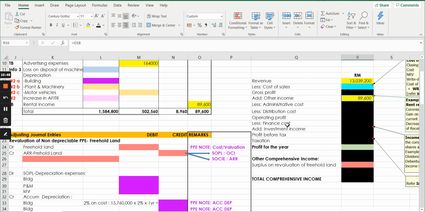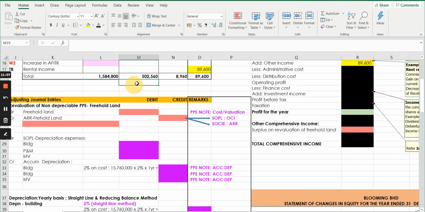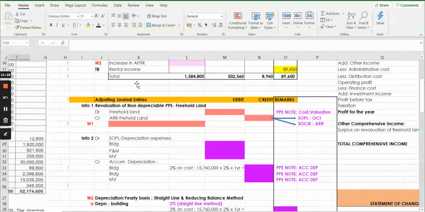And this will normally need you to do adjustment, like admin expenses as well. There will be adjustment to that, right? Meaning that adjusting entry, distribution costs as well, finance costs, right? In case there are adjustments, you need to go and check. And if there is any investment income, then taxation, all this, right? After you have done that, you can also do the same thing for your